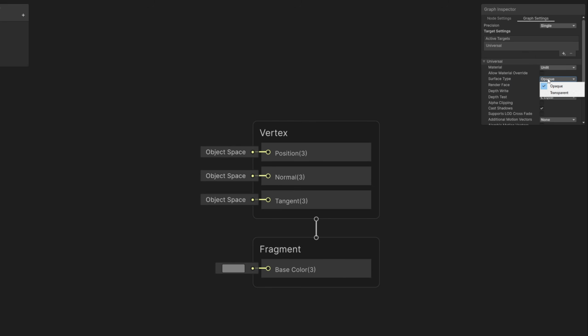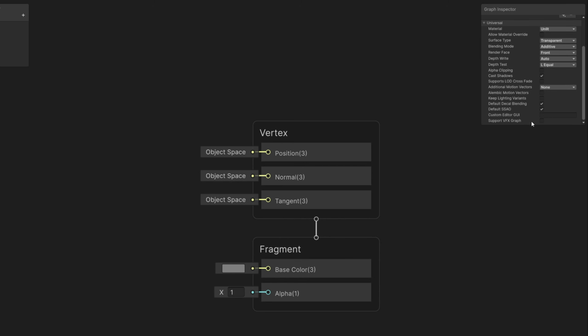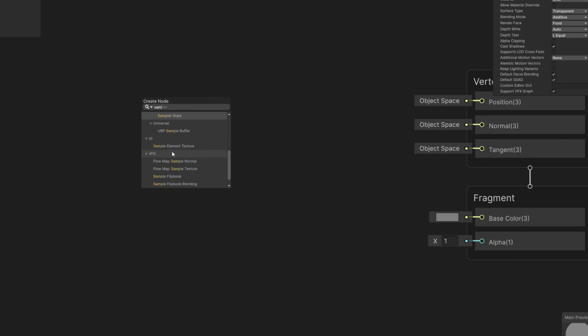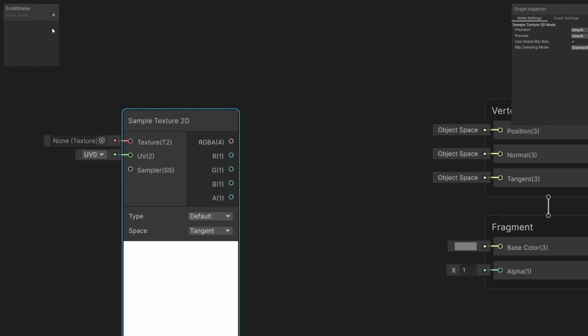And right from the start, we want to say that the surface type is transparent and the blending mode is additive, or you can turn on allow material override to edit these values as you go, and very importantly turn on support VFX Graph. This shader begins by sampling a texture, an external texture, which means we can create a